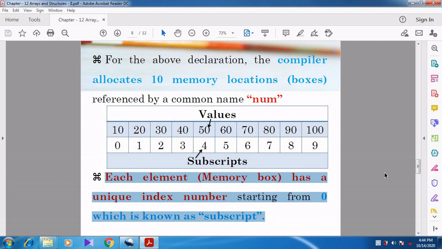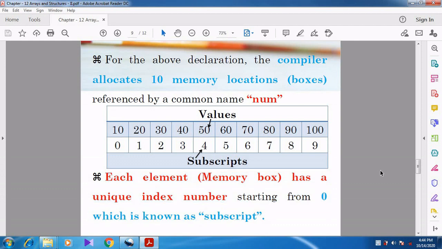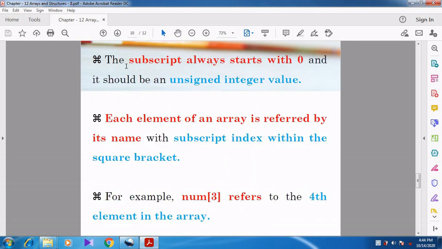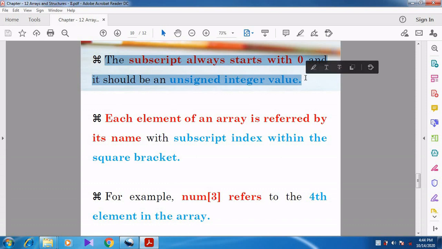Can you understand, students? The subscript starts with 0 and it should be an unsigned integer value. What is an unsigned integer value? Unsigned means a non-negative number, a positive number.